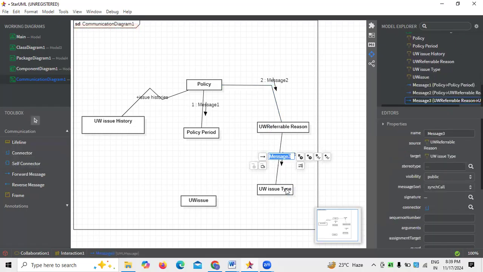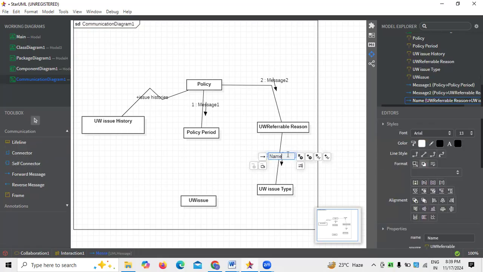Here we need to write down, because if you are talking about the issue types, here we must be mentioning the different names we have. So we must be knowing about the name. We must be knowing about the code. We must be knowing about the blocking point. All these things we have to add over here. So name, code, everything we can add, or we can add some blocking points,